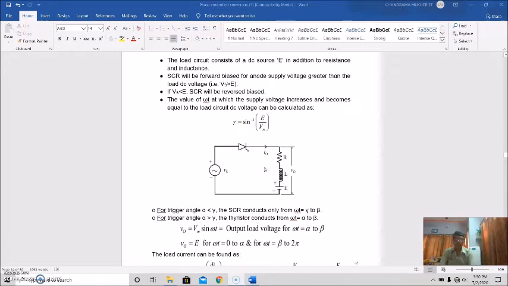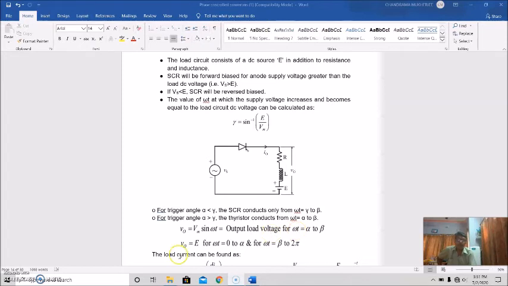For trigger angle alpha less than gamma, the SCR conducts only for omega t equal to gamma to beta, and for trigger angle or firing angle alpha greater than gamma, the thyristor conducts for omega t equal to